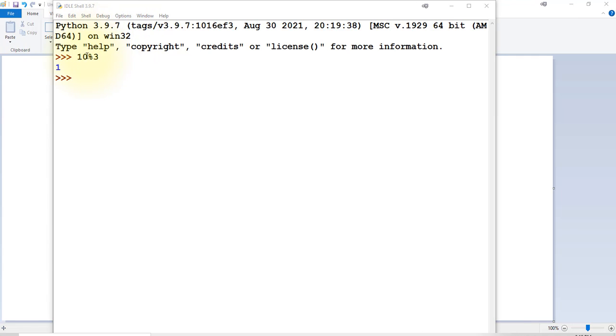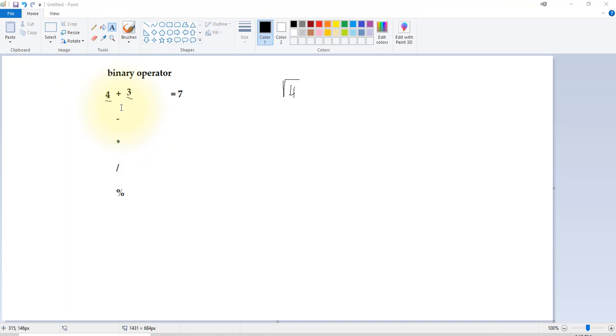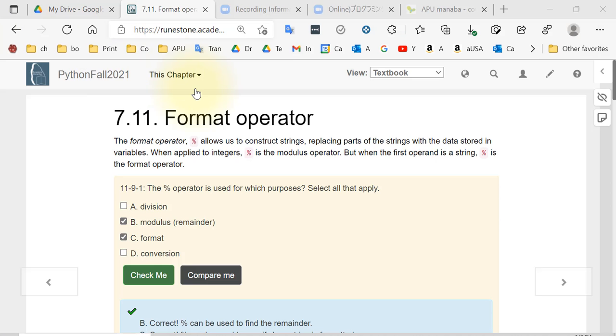You have a binary operator. You have something on the left and something on the right, and then you get a result. So these are examples, 5 different examples of operators that we use on numbers, where the things on the left and right are numbers. Now the percentage sign has a different meaning when we're talking about strings,